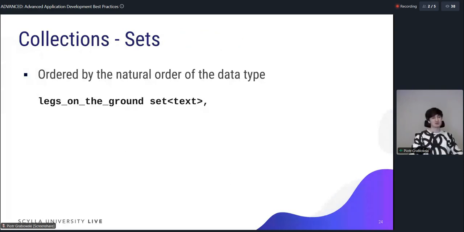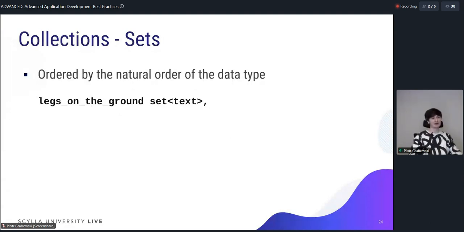I think this name is very similar, as it effectively is the same as the sets in Python, and maybe TreeSet in Java. And this is a data type that allows you to store effectively some set of items. Those items are ordered by the order of data type. So, for example, in the case of text, you would expect that the data would be sorted alphabetically, and the